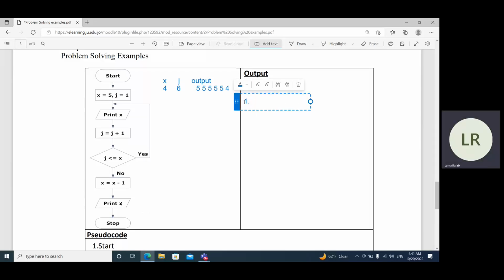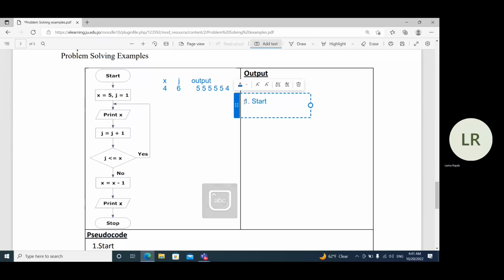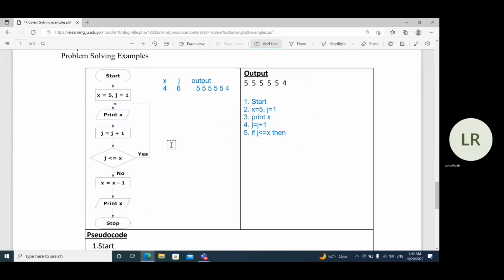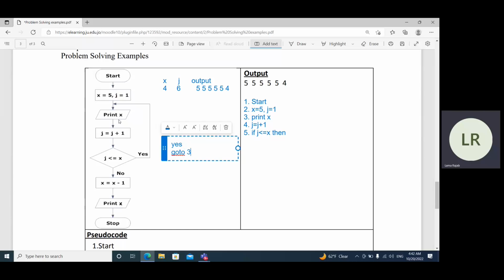The pseudocode start, X equals 5, comma, J equals 1, print X, J equals J plus 1, step 5 if J less than or equal to X, then now the if it is yes, it goes to print X, go to step 3,